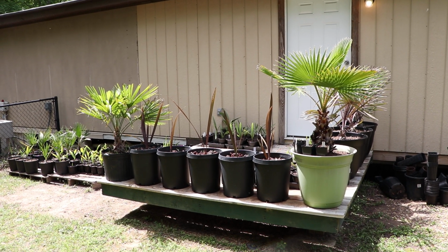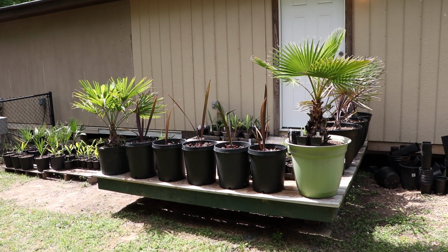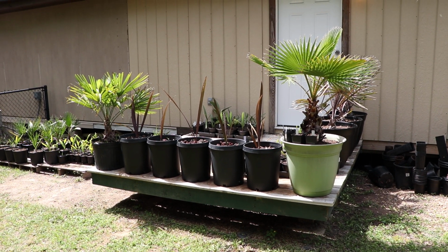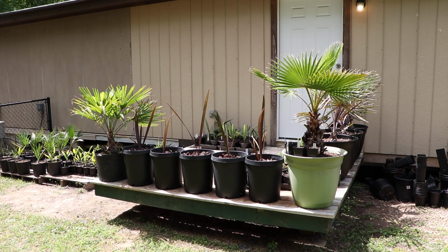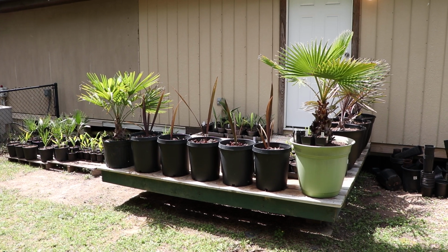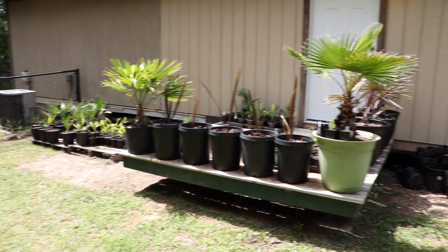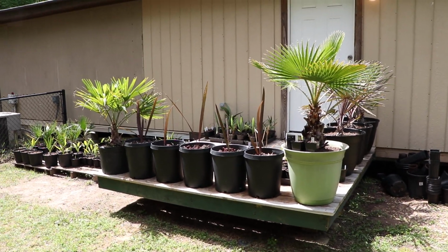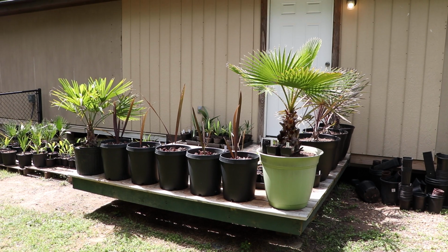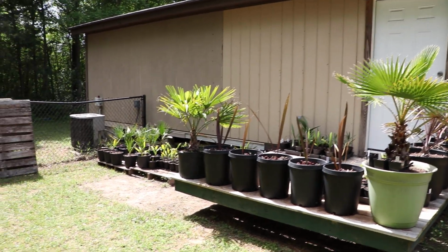So, back with a brief update, following up on the full update from a couple weeks ago. We're gonna get stormy weather here over the next couple days, so I thought I'd get a quick update in, because I did make a few changes in the last few days, just basically cleaning most of this stuff up, going through pot by pot of everything, weeding them, getting all the old leaves out, replenishing soil. Just so they would be ready for the growing season,